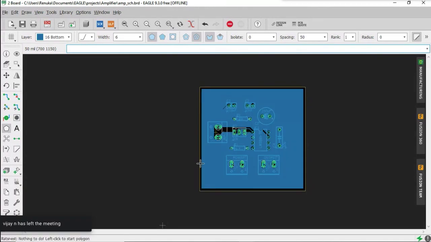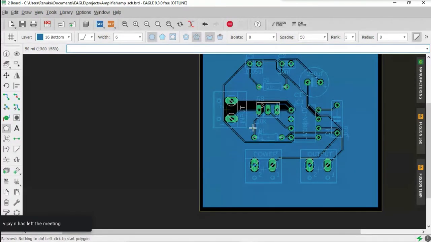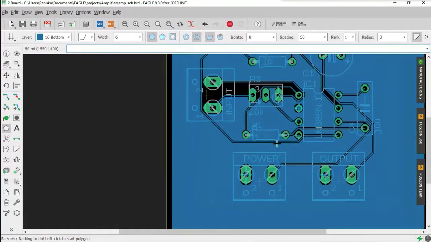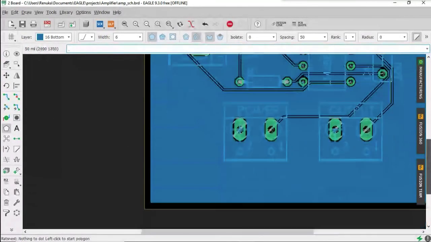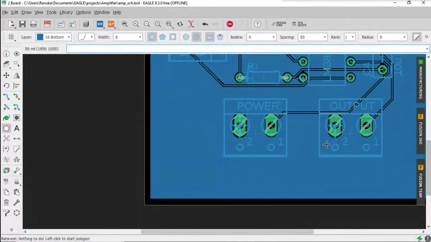You can see a blue color copper layer which is grounded appears. Okay, and this layer does not contain any current flow. Here rat's nest, they are used to achieve shortest possible paths. Okay, that's why I use a rat's nest.